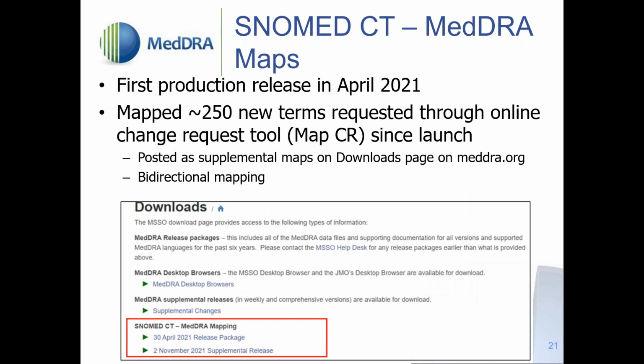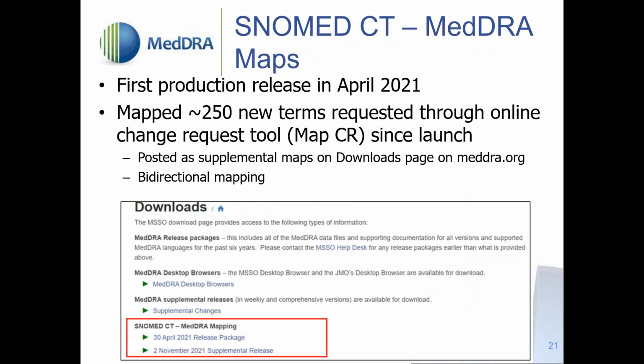Okay, so first of all, we've been working on the SNOMED CT MedDRA mapping, and many of you may be familiar that this production release was done last year in April 2021. Since the launch in April 2021, we have added an additional 250 new terms, and these were requested through the user community, and they were requested through the online change request tool named MapCR.